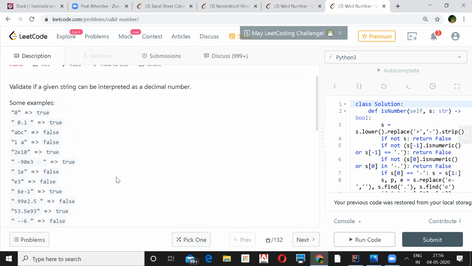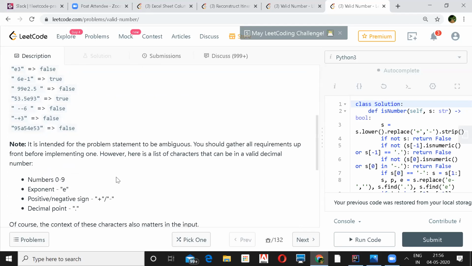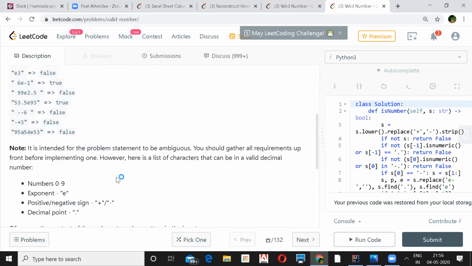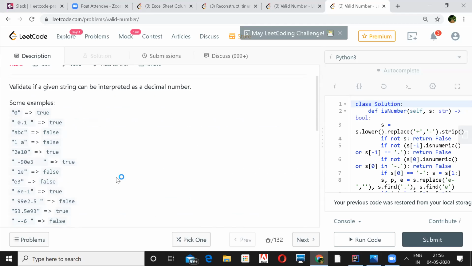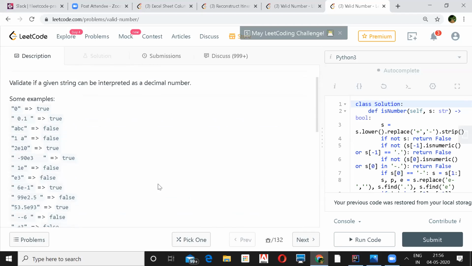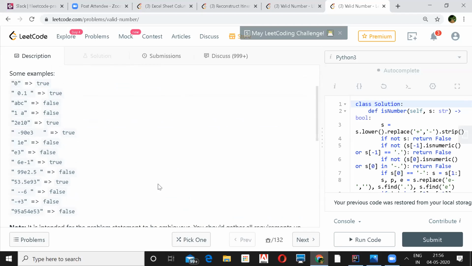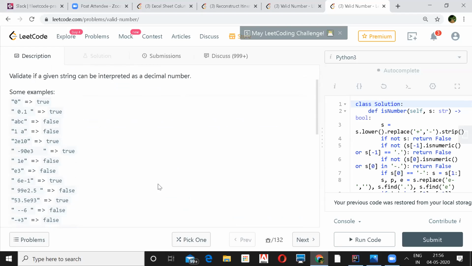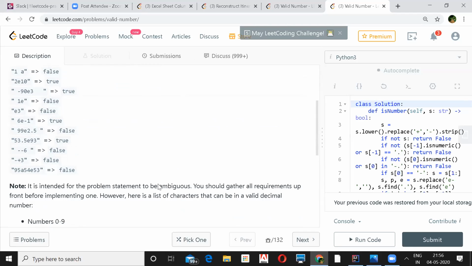So do you expect this to be asked in an interview? It can, right? You mean to say this example? Yeah, do you think this is a proper interview question? You never know. If they give you an ambiguous requirement, they will just give you the example, and you have to build the requirement from there, or check with your interviewer.